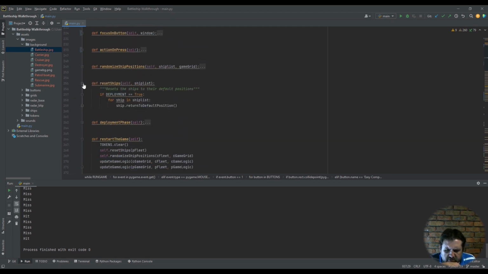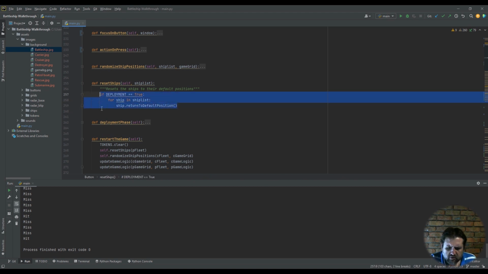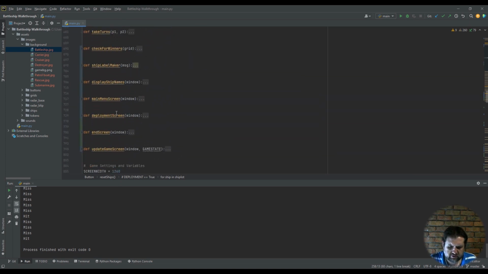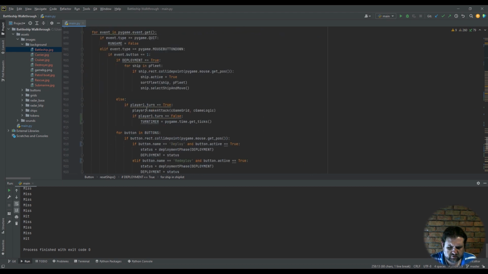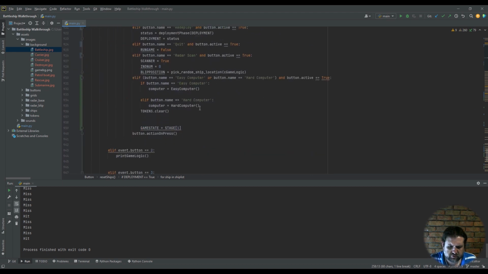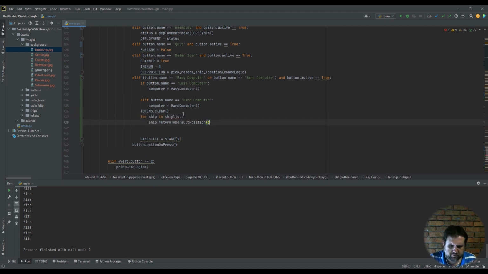Reset ships. So then we go for ship list. So we want to reset ship list for ship